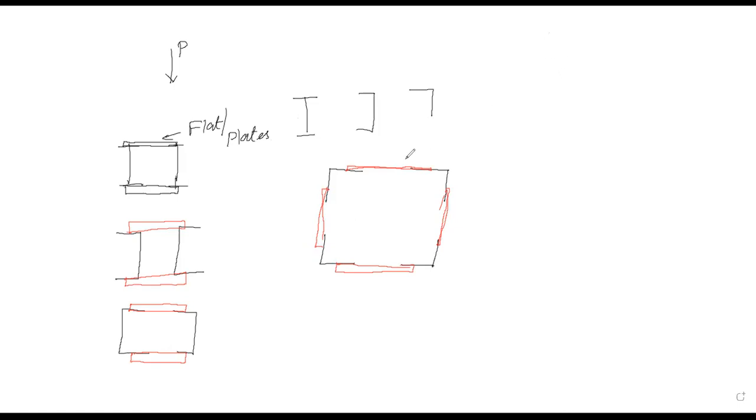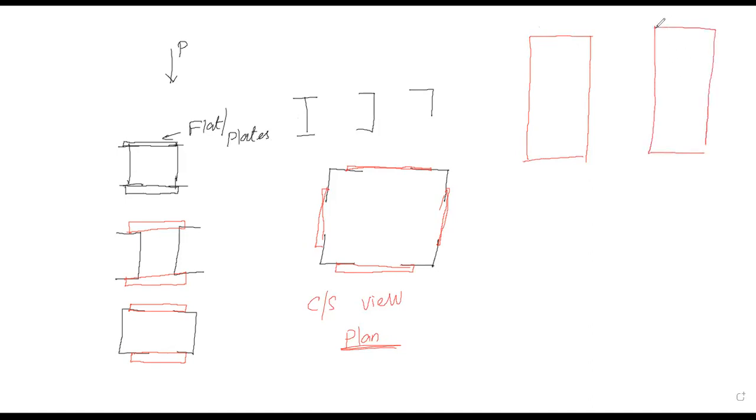Okay, now here this is our cross-sectional view, that is our plan view. Instead of the plan, if I'm going with the elevation view, here the channel section or I section is going to be like this. These two channel sections may be connected with the flat or plate in an inclined manner.